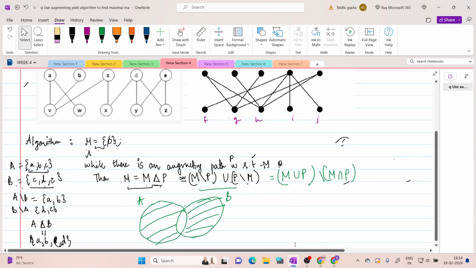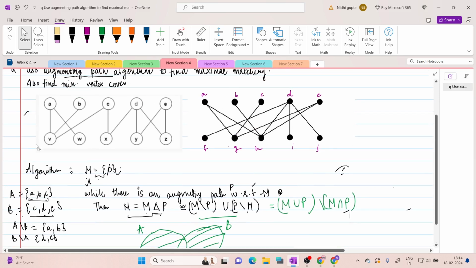Yes. Okay. Now if the definition is clear, I'll do it on a new page. Let's use the algorithm to